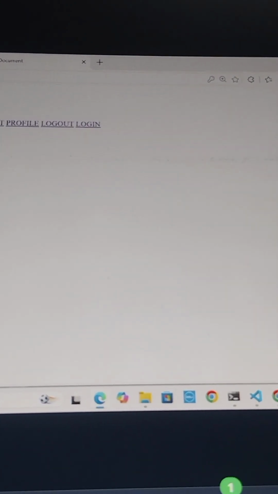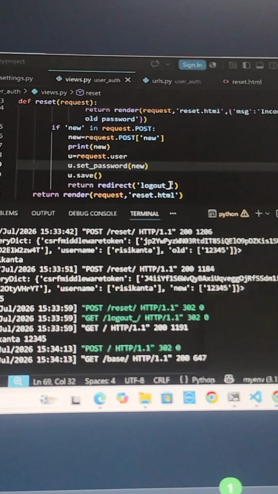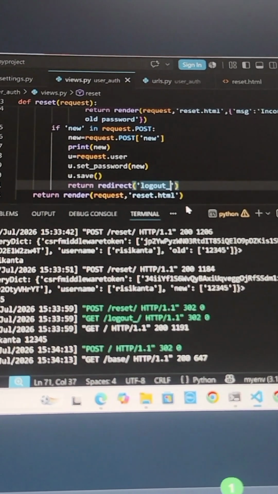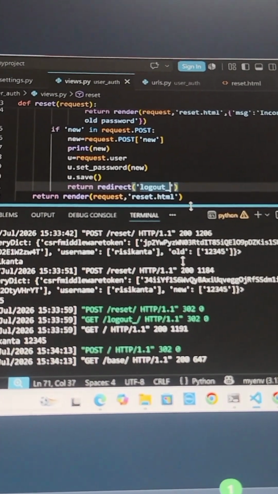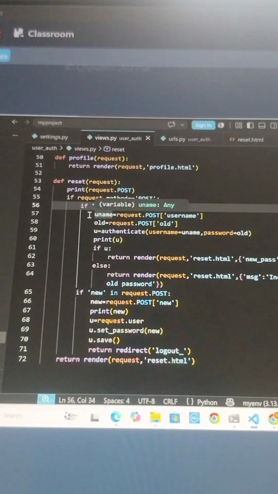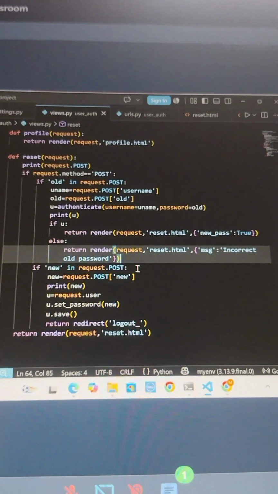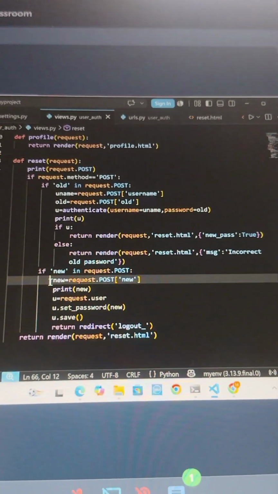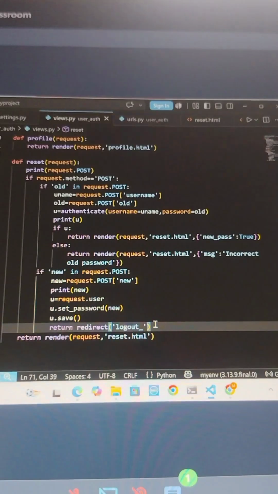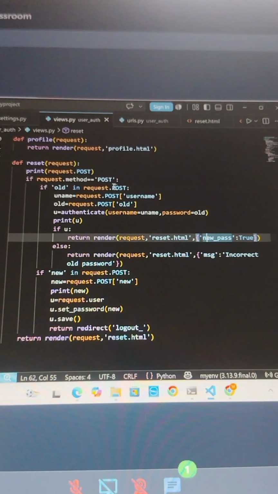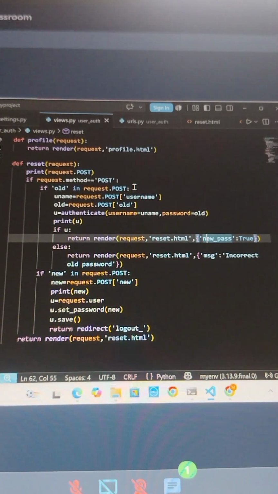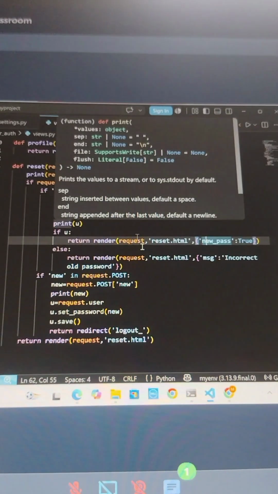Wait, let me. Did you understand the concept, everyone? Is the concept clear, everyone? Only if the old key is present in the request.post query, then you need to fetch the old password. If new key is present in the request.post query, you need to fetch the new password. So if the old key is present, fetch the old password, check whether